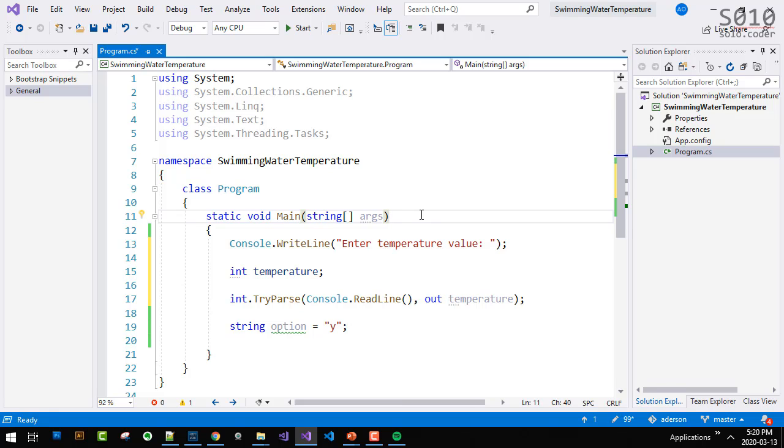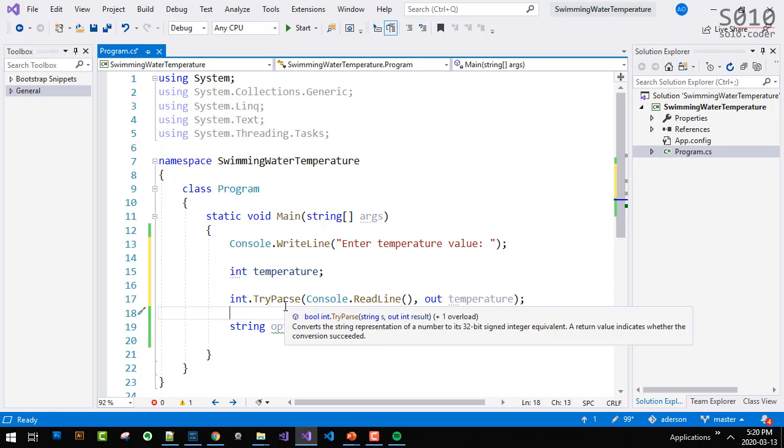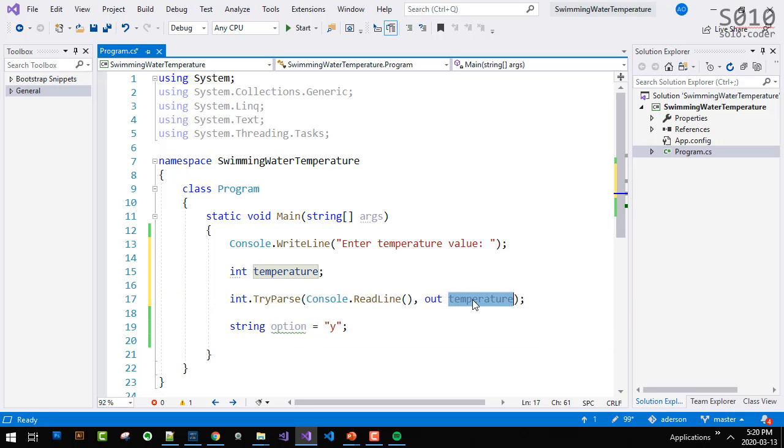Okay? A minor modification, I just wanted to practice using TryParse as well. Again, TryParse will not trigger an exception no matter what you type. Because if it's able to convert, it's going to do it, and it's going to return true. Otherwise it will return false, and temperature becomes 0, okay? So if it's able to convert, temperature will hold the converted value. If it's not able to convert, temperature becomes 0, and it just moves on.